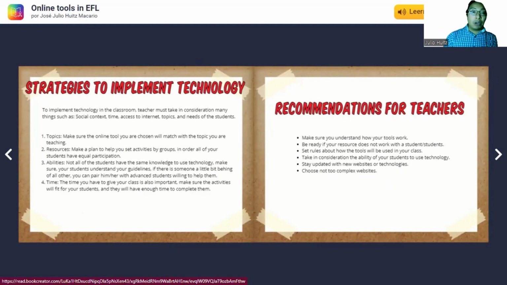And besides the resources, make a plan to set activities, planning before you integrate a website. Not just because you see a website that you like and you don't know how it works, you integrate it, because some things happen there and probably it will be a mess if you do not control what you are teaching.